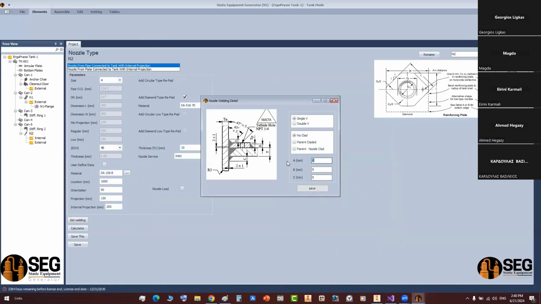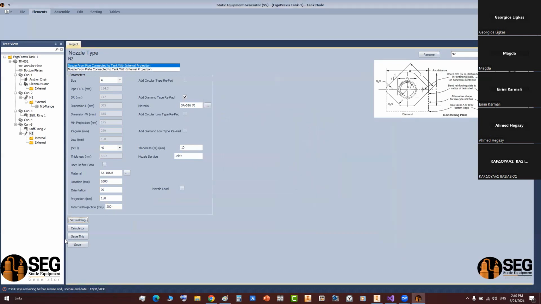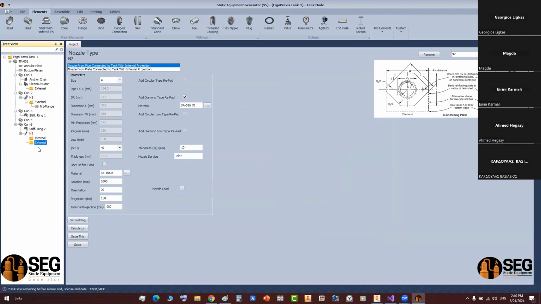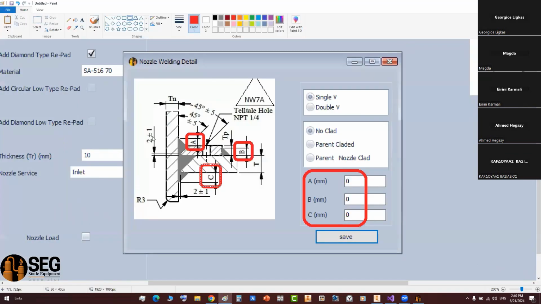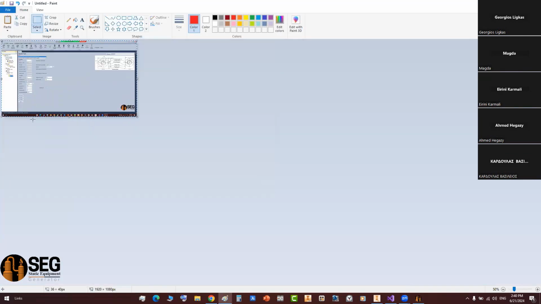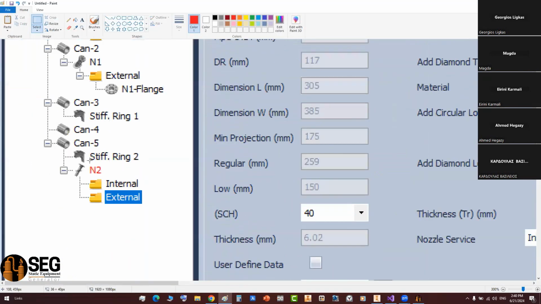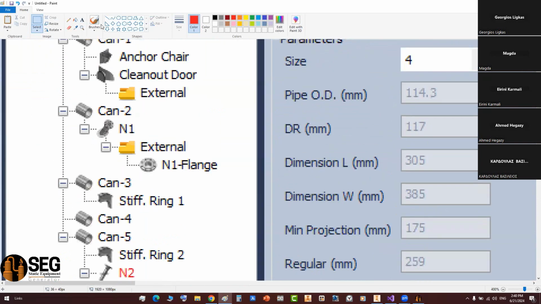So now let's define that value to be 6 millimeters, and click Save. Now let's add a flange to the external connection point of this nozzle. So if we take a print screen from that and paste it here. Now, as you can see here for nozzle N1, if we take a look at the nozzle N1,